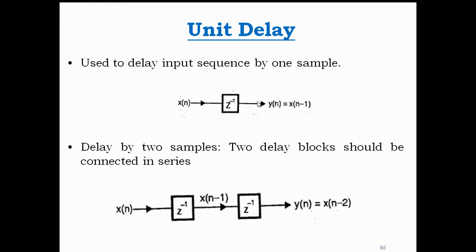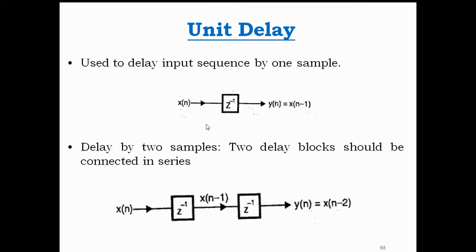So you have to keep in mind z raised to minus 1 in this particular square is the symbol for unit delay. We cannot apply multiple delays at the same time. Something like z raised to 5 if we write, it does not mean that we got a delay of 5 samples. If I would like to show a 5 samples delay, I have to connect these 5 blocks in a series. Then and only then will you be able to get a total delay of 5 samples, and